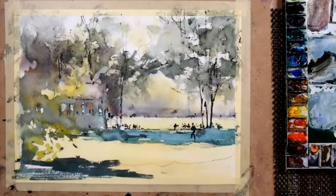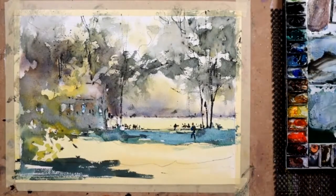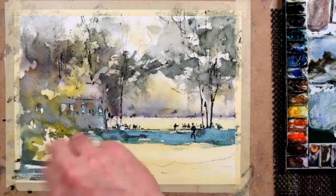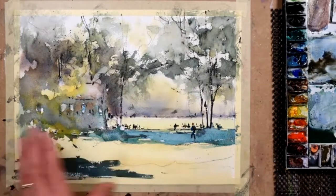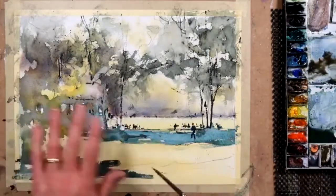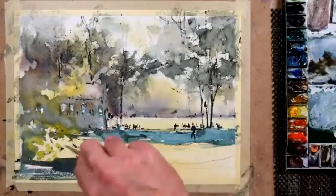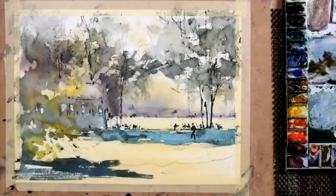Like that. I'm going to pick up, I think, a little bit of spattering in this otherwise flat area. Not too much. If you're going to spatter across the foreground like I'm doing now, just choose one side, one little area over here. Don't go spattering across the entire foreground. It's all about less is more. And finally,